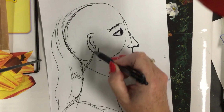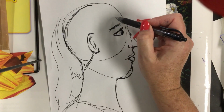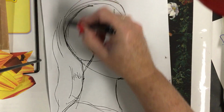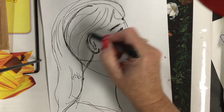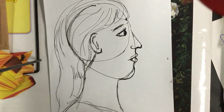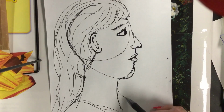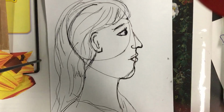So this could be the hairline here, around your ear. Sometimes it covers your ear. And then however your bangs are, or your forehead. Sometimes you might have a part here on a hair. You might have a bang coming out, but it comes up and around the back of your head. So you would look at the subject, whoever you're trying to create, and you would put in the hair, the way their hair grows and flows. And I just put a few lines in because then we'll turn it into paint. Now sometimes if you're doing a female, you see some of the hair come back on this side of their body as well. It depends on your view of it. But this is a basic, generic